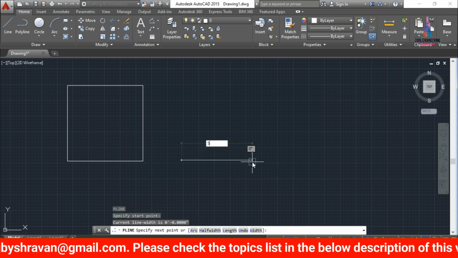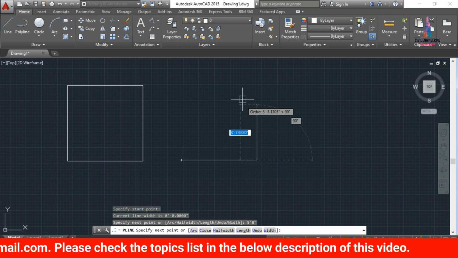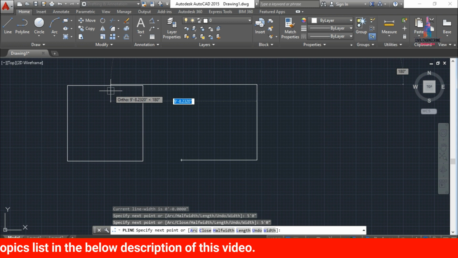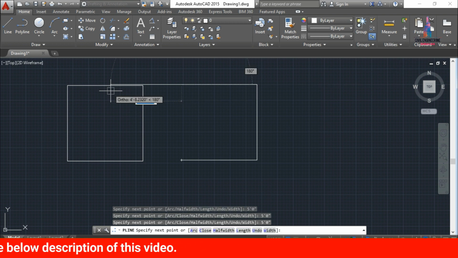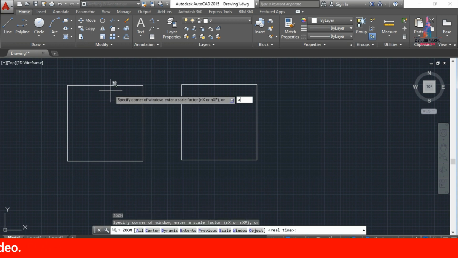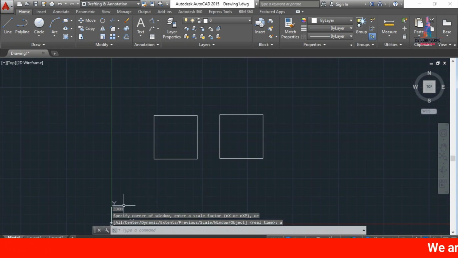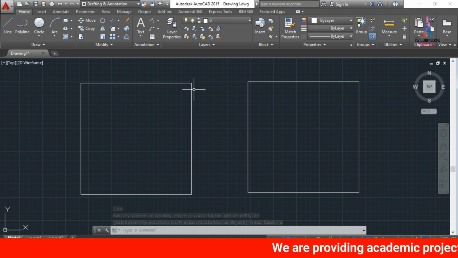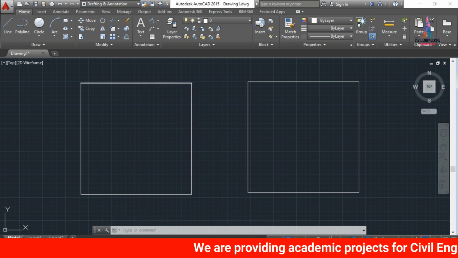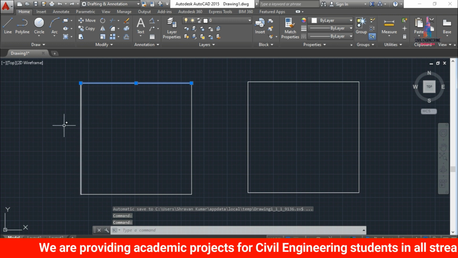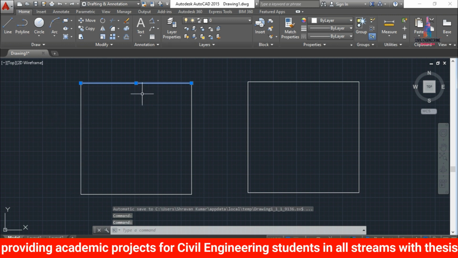Again we have to enter the 5 feet 0 inches horizontal distance. Vertical distance also, let us take 5 feet 0 inches, and left-hand side distance is 5 feet 0 inches, and C, enter option. Now we can see the two boxes are drawn with the help of the line command as well as the polyline command. For example, if you want to select this respective line with the line command box, you can select here, so it will select only one side.